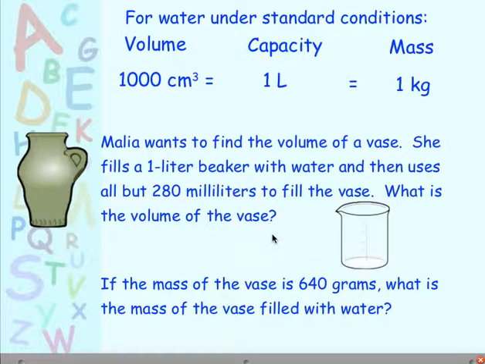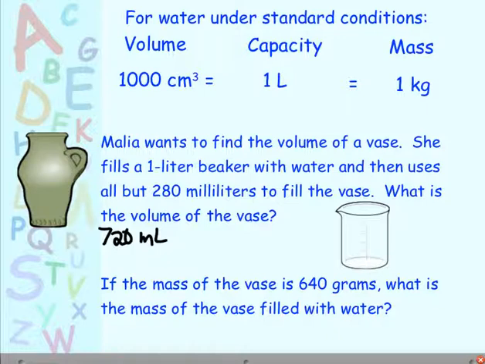Let's try just a few different word problems here and then we'll finish up this video. So Malia wants to find the volume of a vase. She fills a 1 liter beaker with water and then uses all but 280 milliliters to fill the vase. What's the volume of the vase? Well, 1 liter is 1,000 milliliters. So if I have 1,000 milliliters and I only have 280 left, that means that I put 720 milliliters in